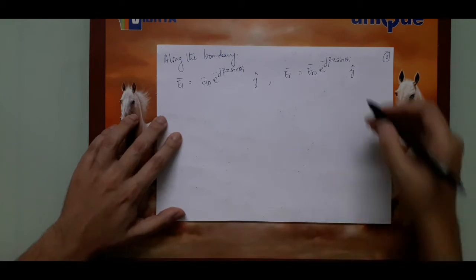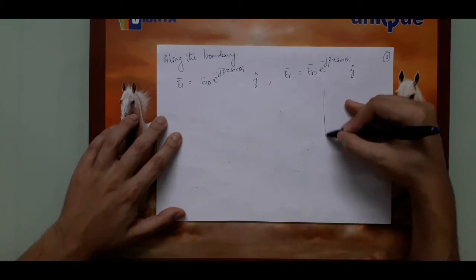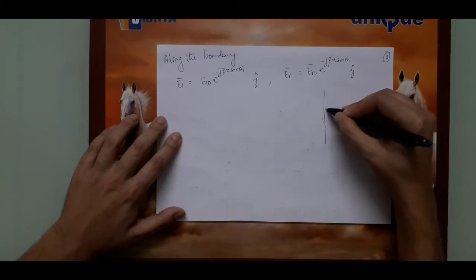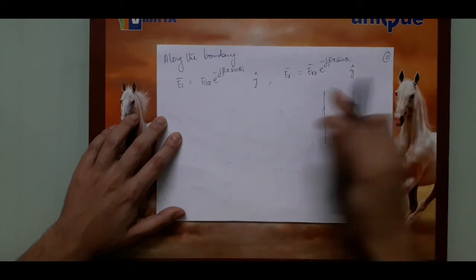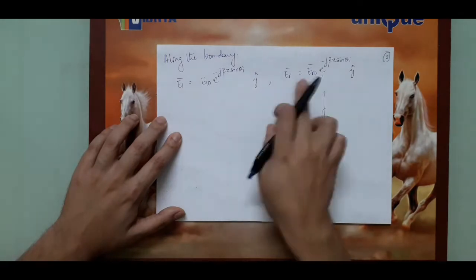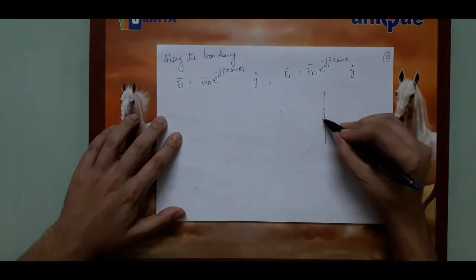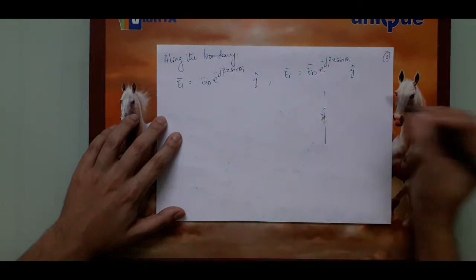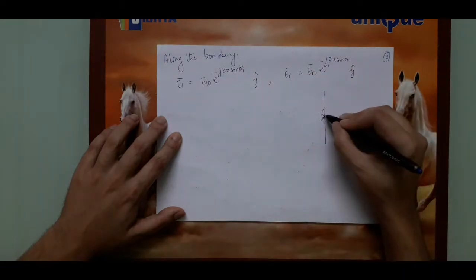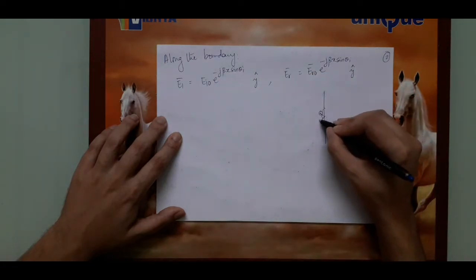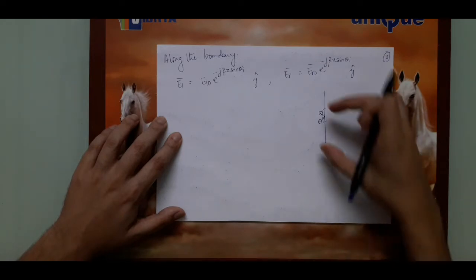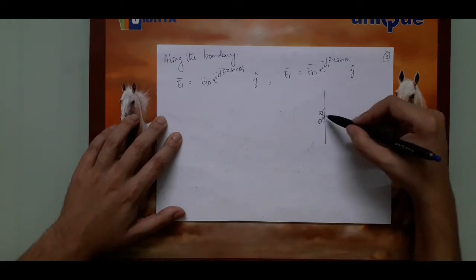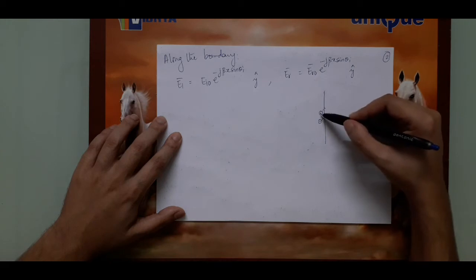So what we can say is, at the boundary or at the point of incidence, there are two fields essentially, the incident field and the reflected field. So one is just striking, the other is leaving, the wave rather. But both fields exist perpendicular to the surface. So at the point of incidence where both